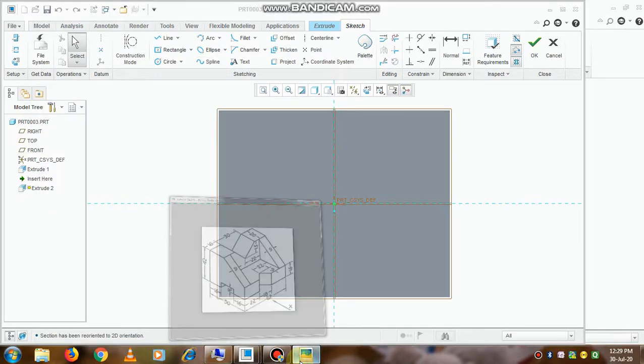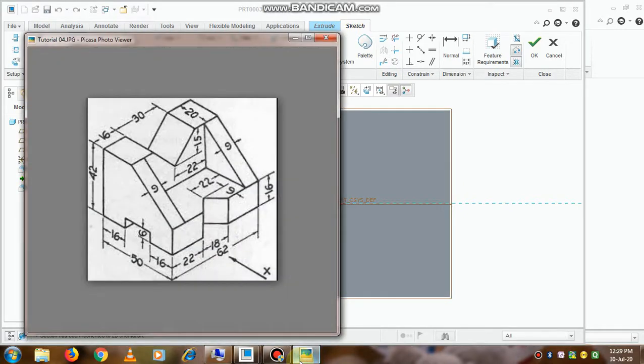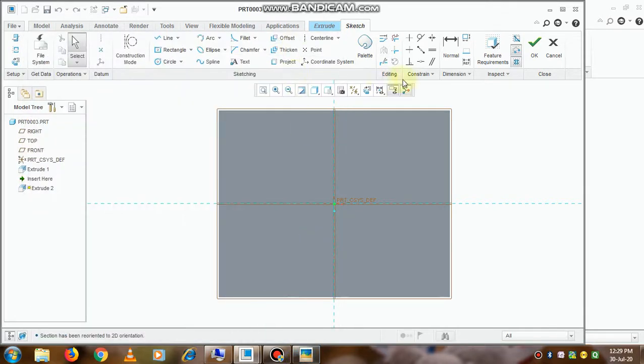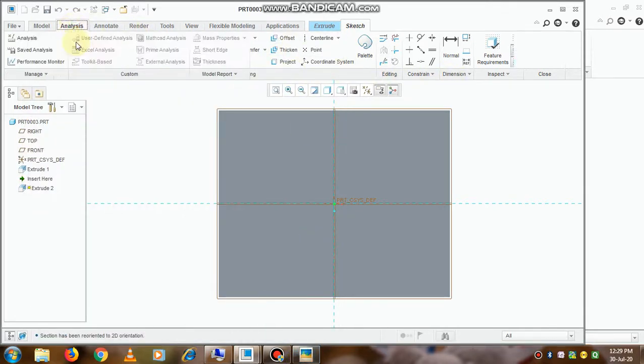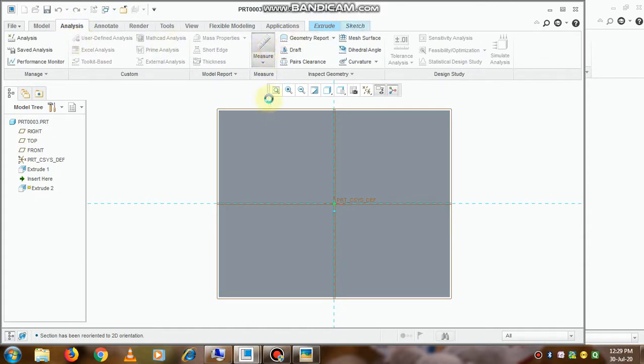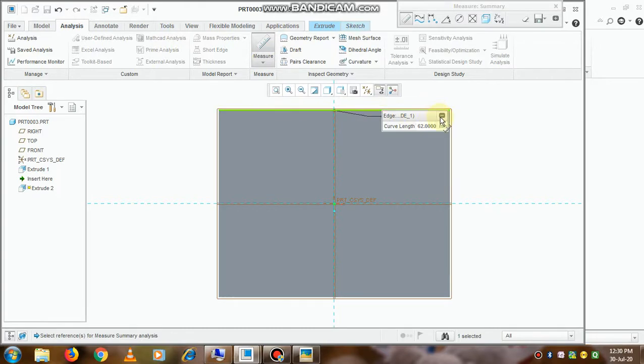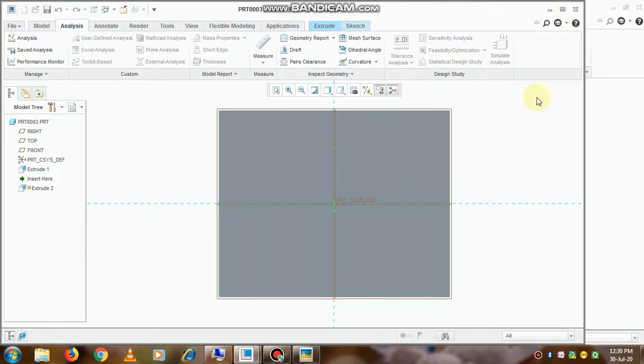So we will take the reference line onto the left side so that we will be able to create a rectangle properly, so that there will be a proper coincidence in between the edges. Now which side is 62, we will again check it through this measure analysis, measure length.